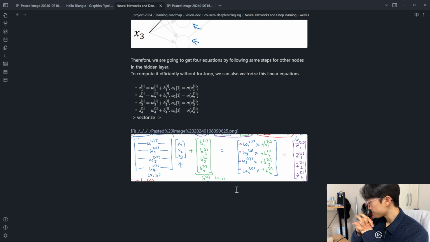So just to recap, we figured out that Z1 is equal to W1 times the vector X plus the vector B1, and A1 is sigmoid of Z1. Let's just copy this to the next slide. And what we see is that for the first layer of the neural network, given an input X, we have that Z1 is equal to W1 times X plus B1, and A1 is